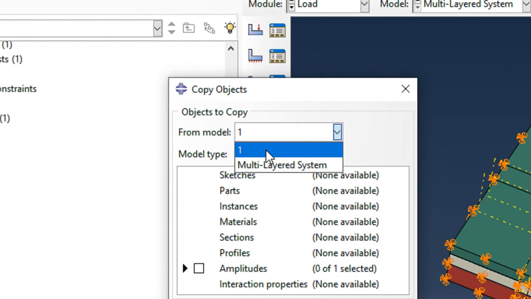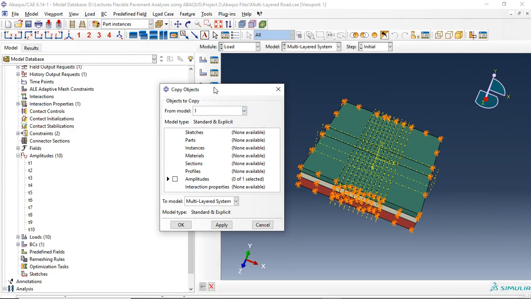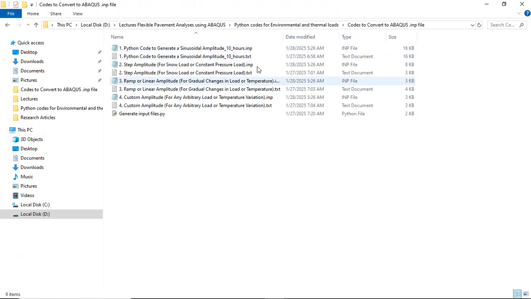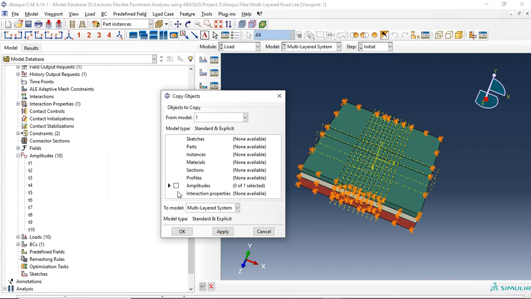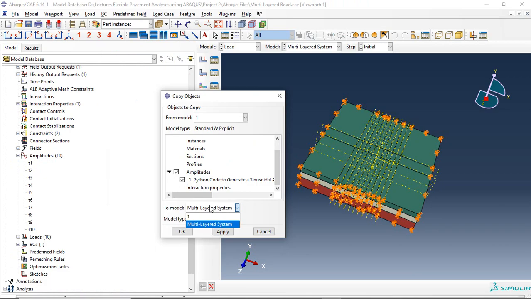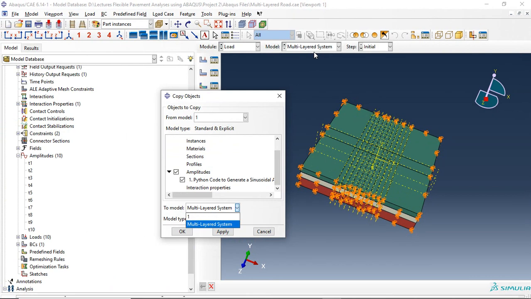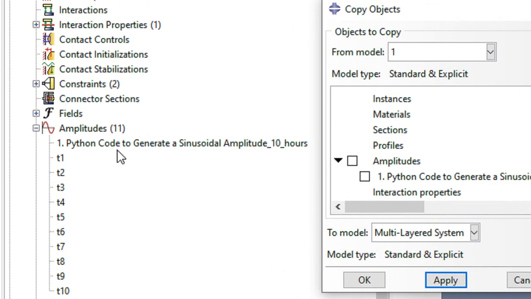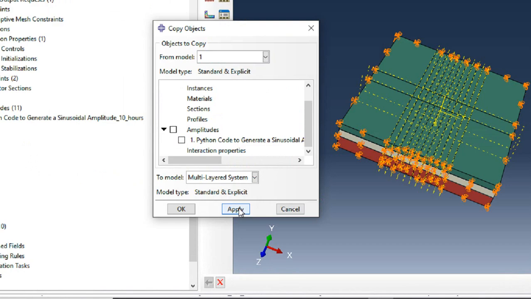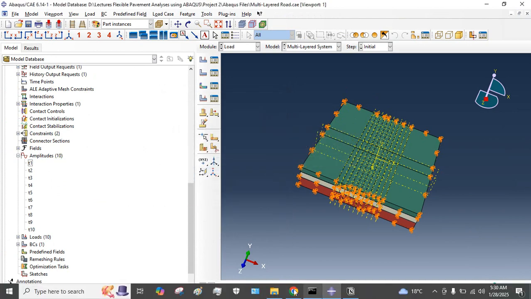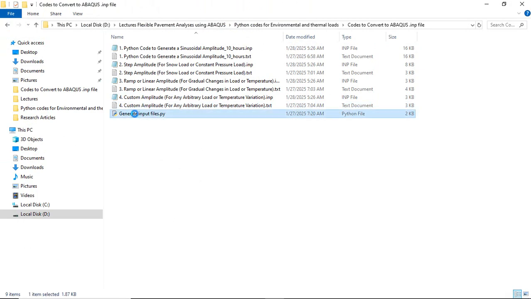So I will select the object to copy. From this input file, this is the input file that I generated actually, I am going to take this amplitude and I need to use this in the multi-layer system modeling environment, which is actually this model of flexible pavement. So as soon as I select it, you need to focus here. When I click on apply, that will appear here. So you can see that it appeared here by just clicking on apply. So I quickly generated this. So this is something interesting which I did with this